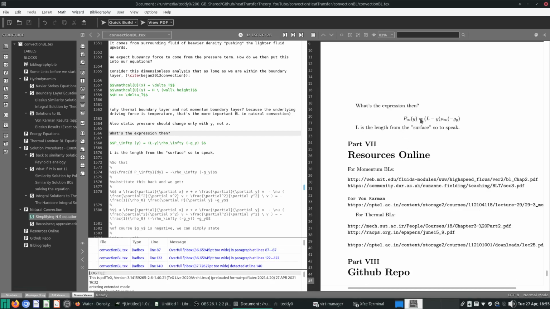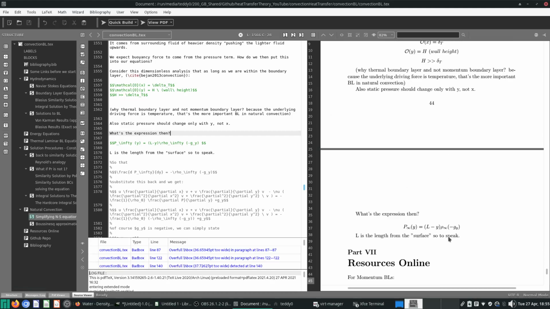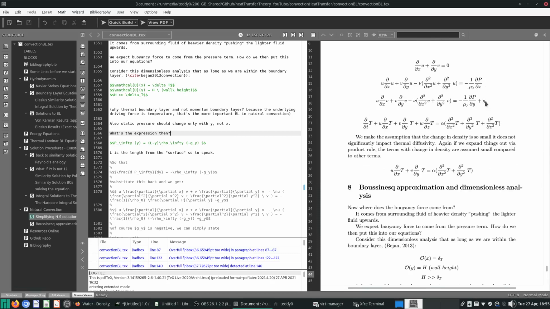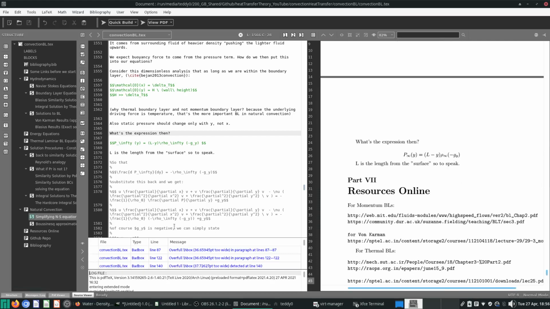So that's how we get this p infinity equals L minus y, rho infinity minus gy. Minus gy is just g, because gy is minus g. I have yet to replace the gy here with minus g, so that's why I use this thing here. And why do I use the y coordinate here rather than h? I mean, it's kind of interchangeable, but